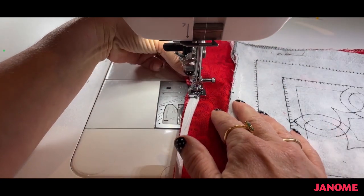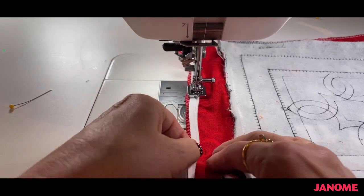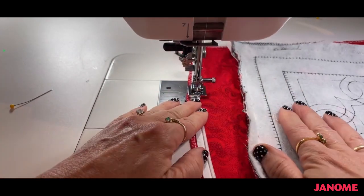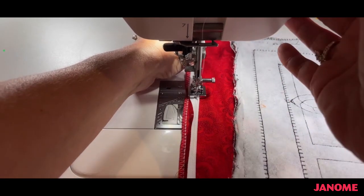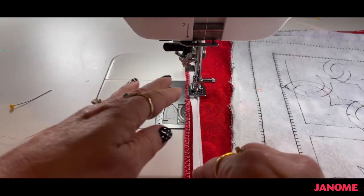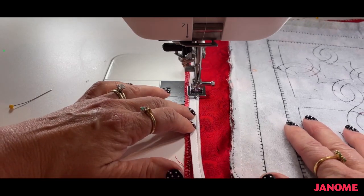Something feels a little weird. I think we're okay. Just felt a little bit off. Sure, here we go. There we go. I had a little piece stuck there, one of these little threads. There we go. So I'm just going to sew all the way down to my next line, and then my